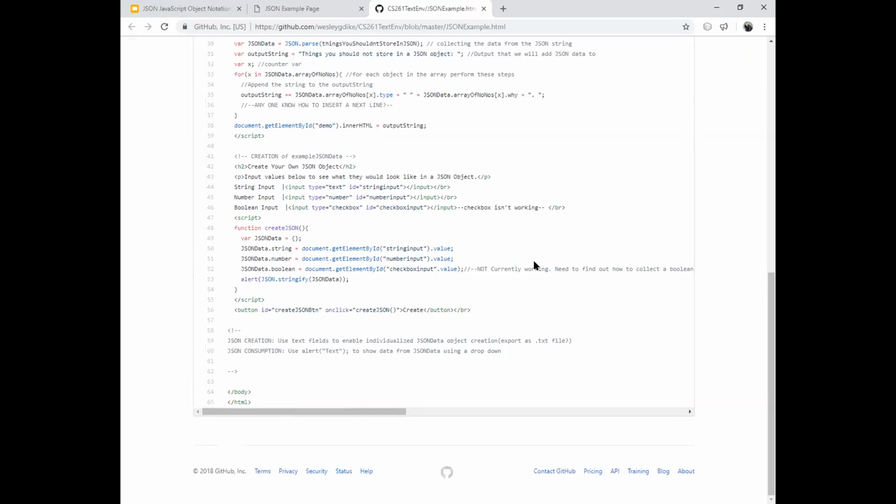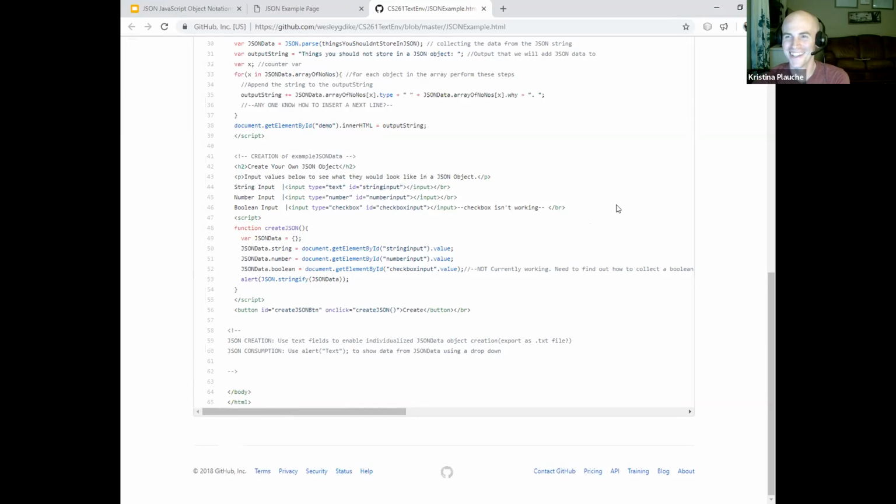Is there no need for a server when using JSON? No, you don't. I didn't. This doesn't utilize a server communication to do it, but normally it is used as a communication tool.